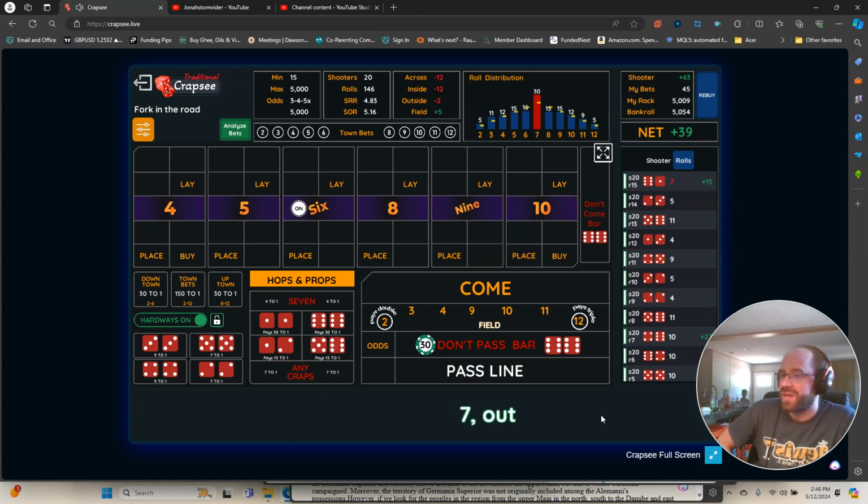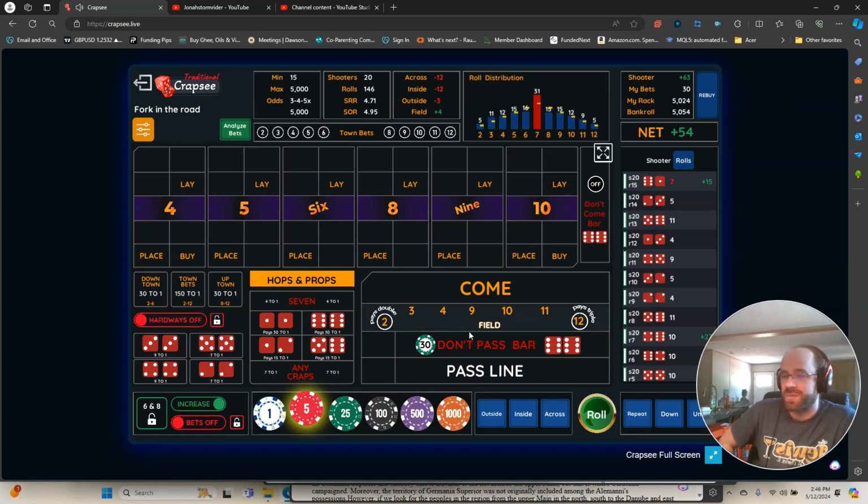Let's see if we can get out of this without. There we go. Beautiful. We didn't even hit the 6. Perfect. That was finally a good roll. One good roll in 20 shooters, one good shooter, and we're up $50. Not bad, right? So I think that's enough. I think that kind of shows that if you're patient, conservative,